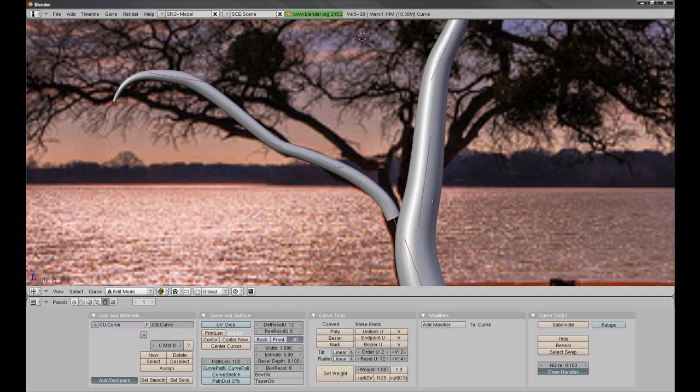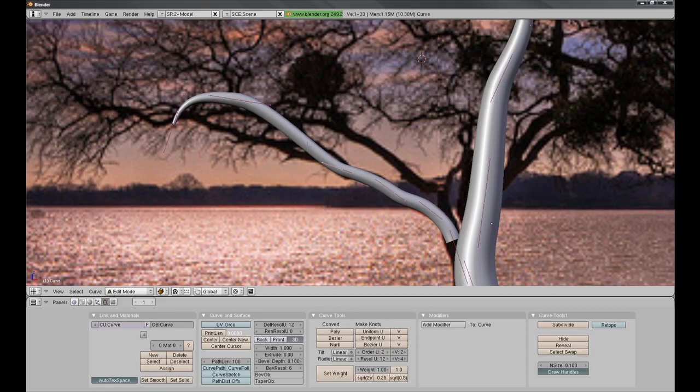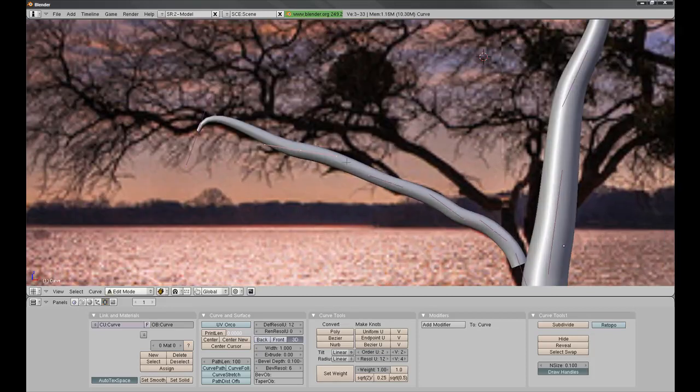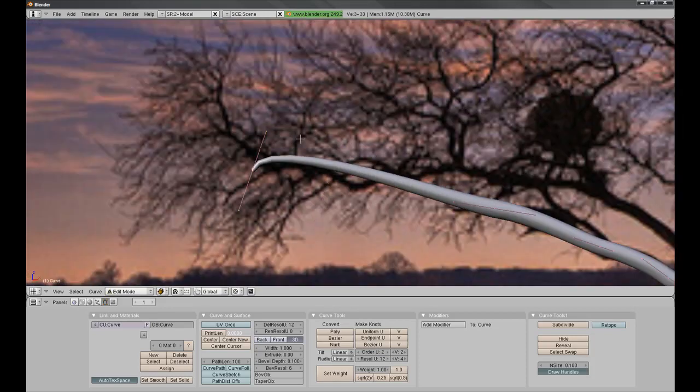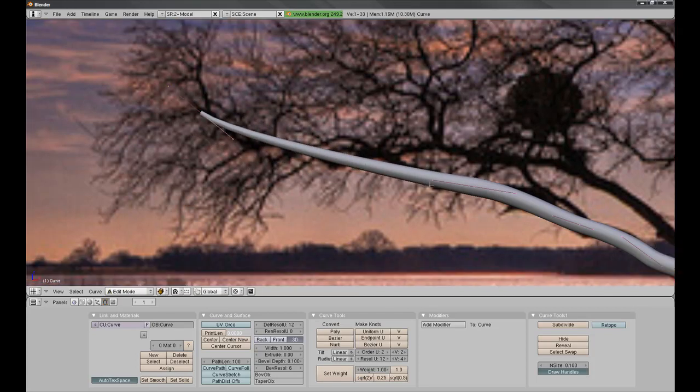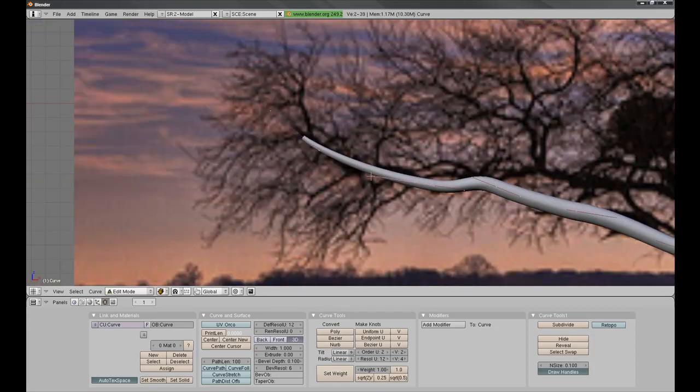if you put them too close together. Okay, so what I'm doing here is to just create more points, selecting 2 points and just hitting W and then subdivide. I'm just tracing like I did with the trunk, but obviously just going into a little bit more detail because the branches are a lot more wavy and harder to model, so you want to spend a fair bit of